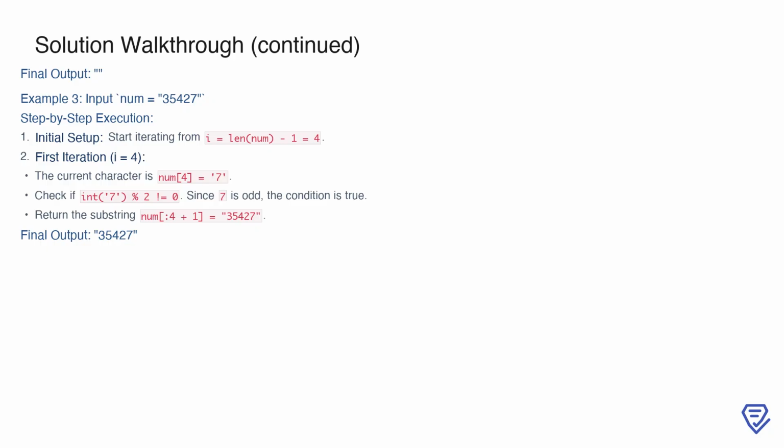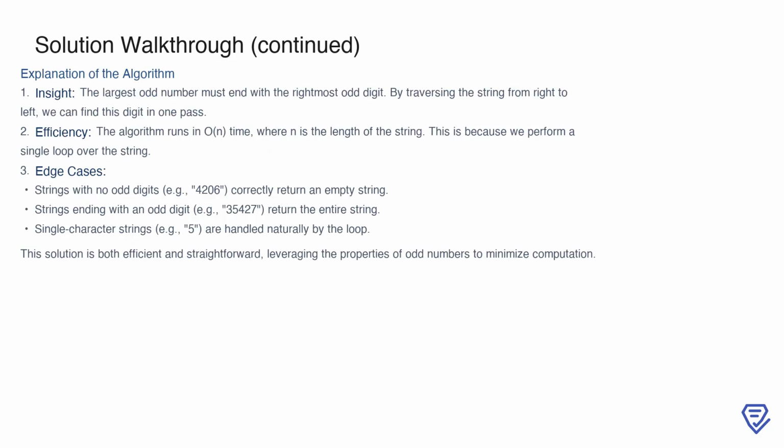35,427. The key here is that as soon as we encounter an odd digit during our iteration, we can immediately stop and return the appropriate substring. Thus, the output for this example is 35,427. This algorithm works efficiently because it leverages the insight that the largest odd number must end with the rightmost